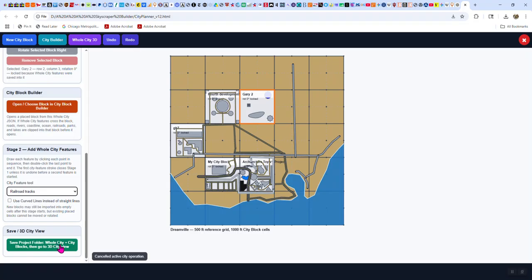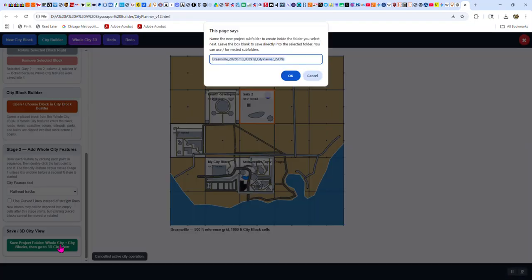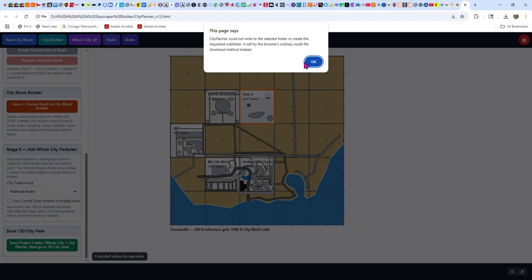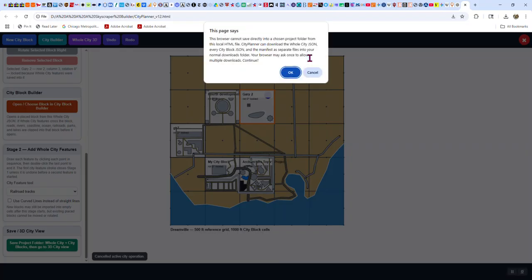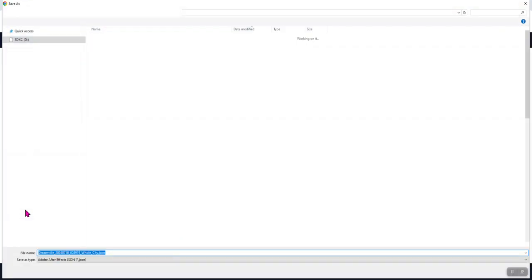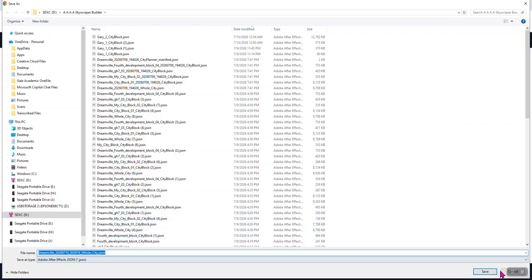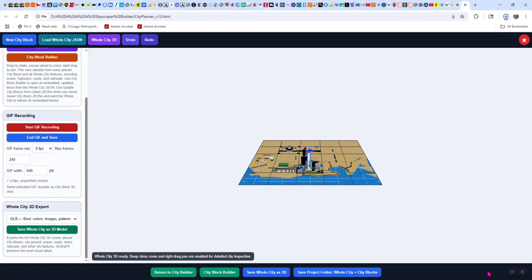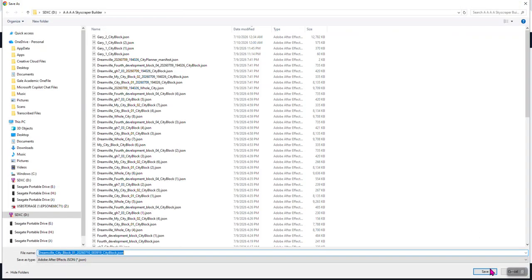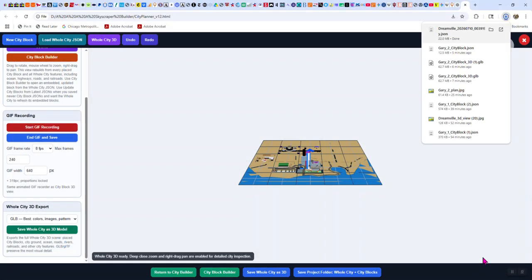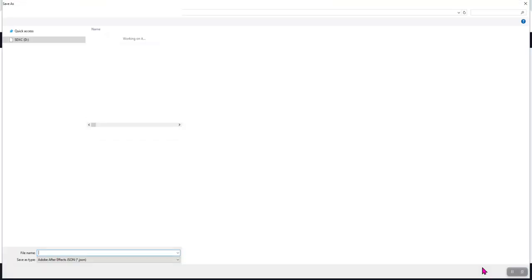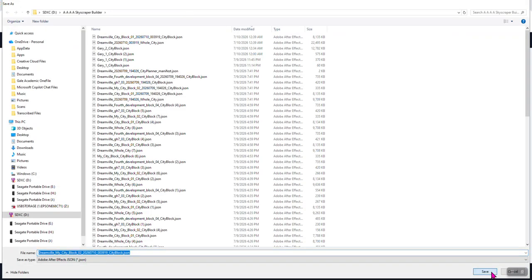And you can save all of this now that you've made a change. And when you do that, it's a little awkward. It wants to know, name the project subfolder. Okay, so I gave it a subfolder. Well, in any case, it's not going to make the subfolder, and that's a problem with my internet browser in Windows. It has trouble making subfolders. I never figured out why. So what it should do, on a computer that's working right, is automatically save these instead of me having to save each one.